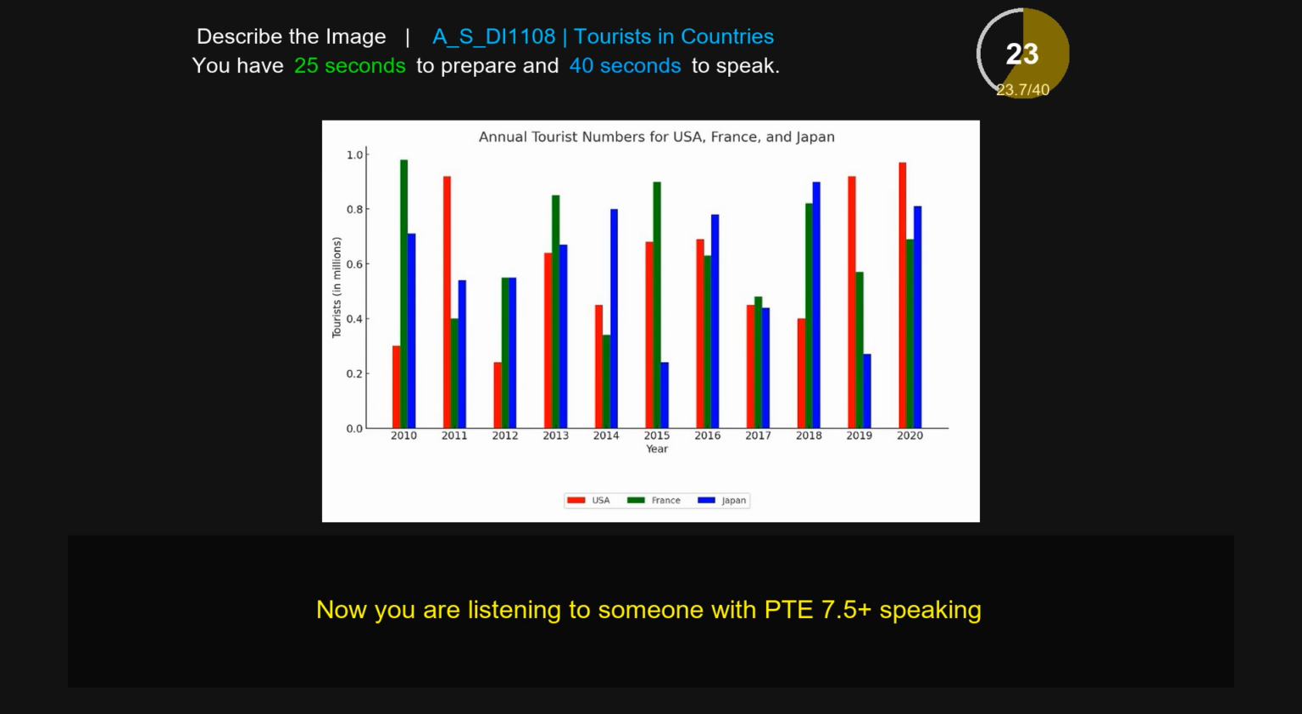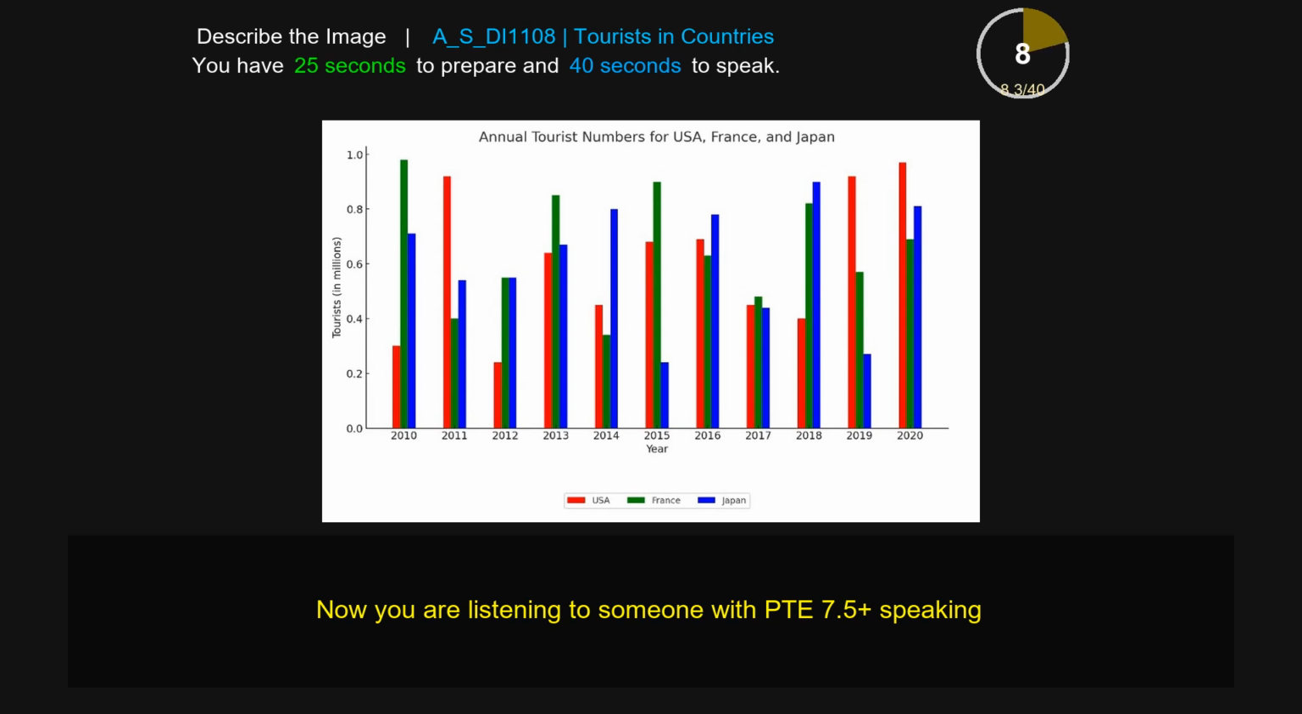The highest tourist visit in France was in 2010 with 1 million, and lowest is in 2014 with 0.4 million. Highest in Japan was in 2020 with 1 million, and lowest is in 2015 with 0.2. A bar graph is given in the screen which gives information about annual tourist numbers for USA,